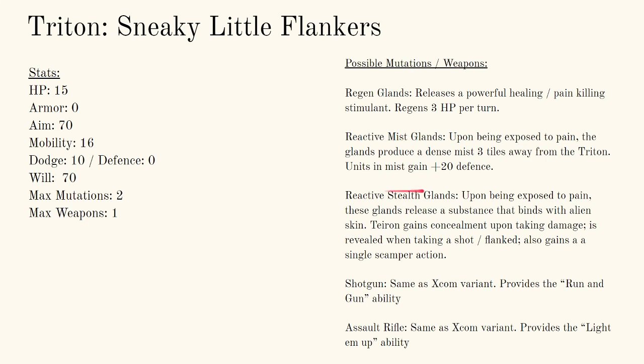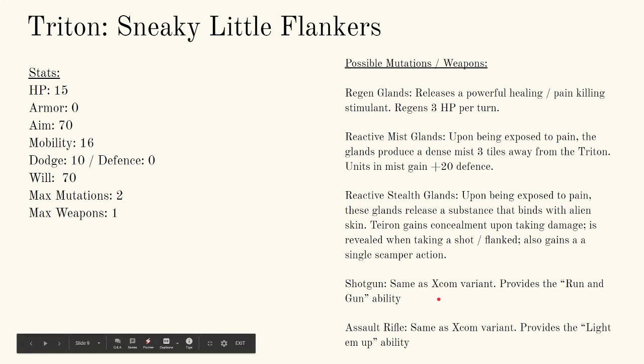And reactive stealth glands, where upon being exposed to pain, these glands release a substance that binds with alien skin, and the thing receives concealment upon taking damage. It is revealed when taking a shot or flanked, as concealment works, and it also gains a single scamper action. Alright, so it's kind of like the chrysalid chameleons from the Hive mod. Fuck those things. Instead, these things get